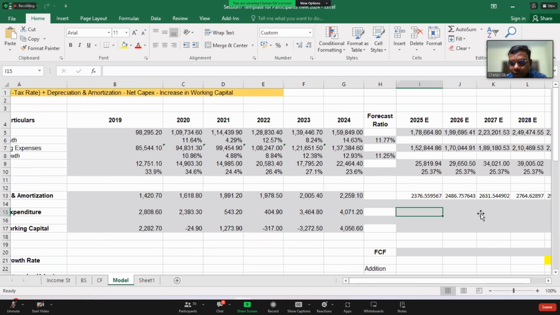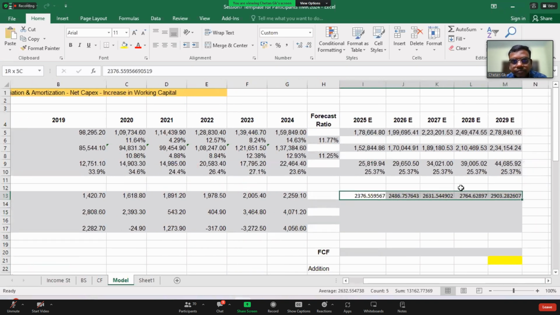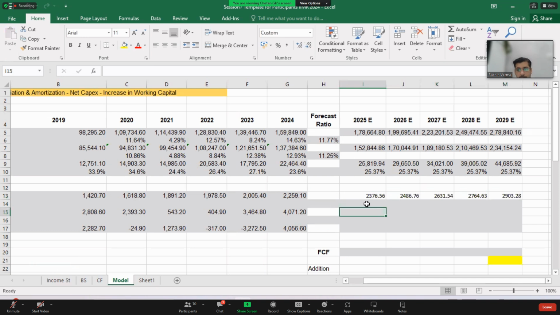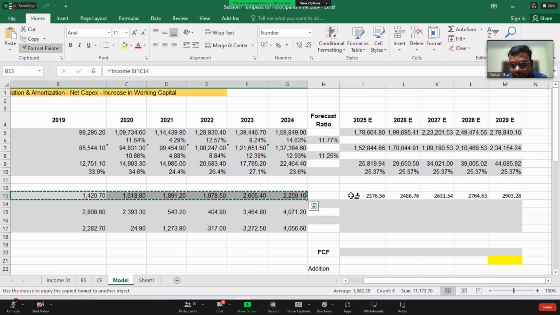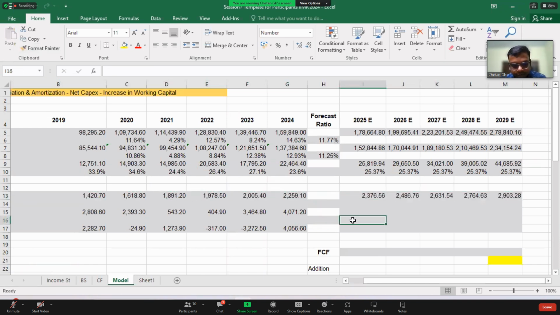Hope you must have understood what I did. I want to have the same format as this, so I click on format painter and do this formatting. Done.